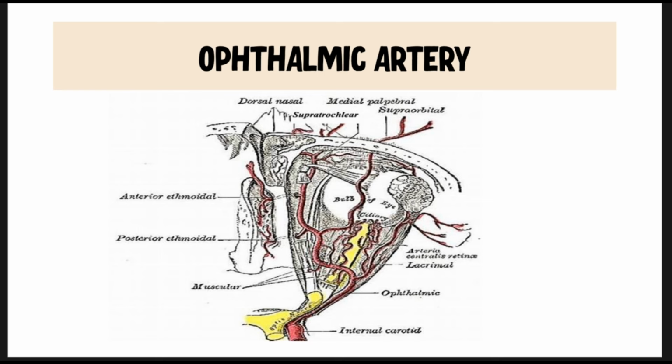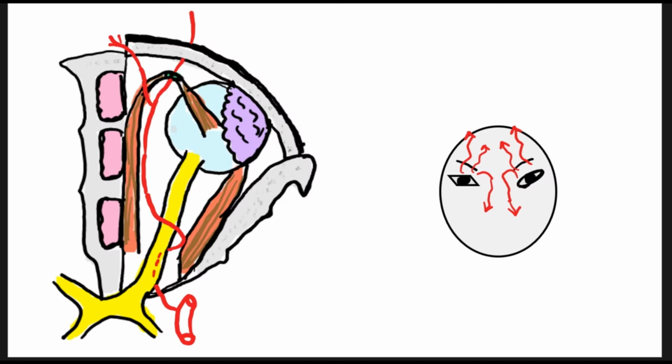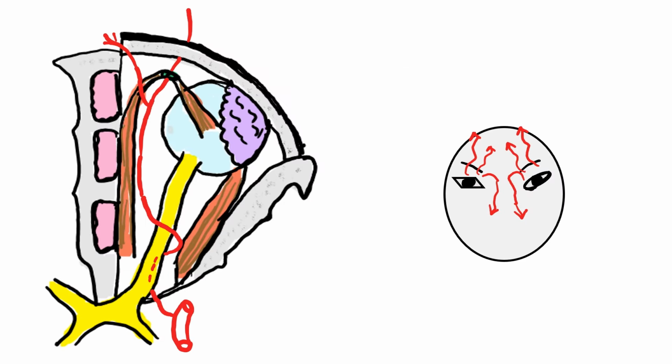So as you can see in this diagram, here we have the anterior ethmoidal artery and here we have the posterior ethmoidal artery. You should know that on the medial aspect we have these two branches. Now coming to the terminal branches. Ultimately, as the ophthalmic artery reaches the medial compartment, it travels anteriorly and then near